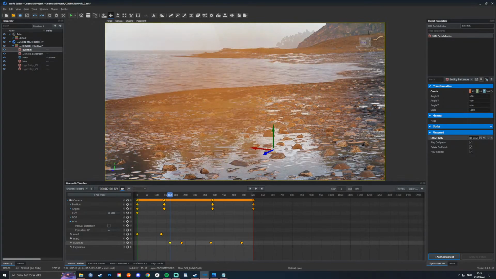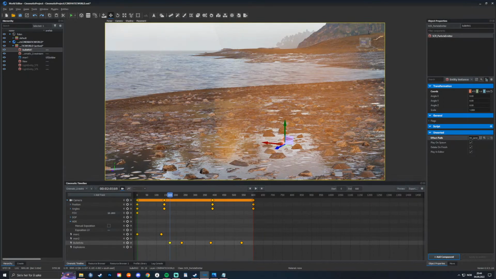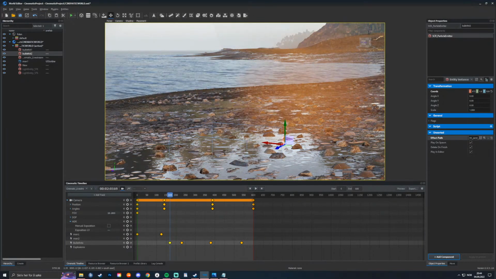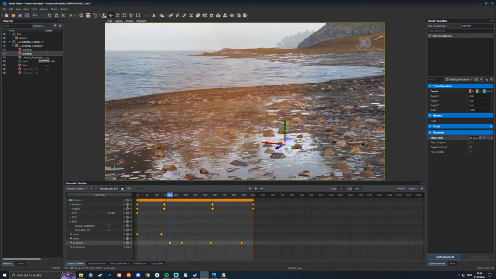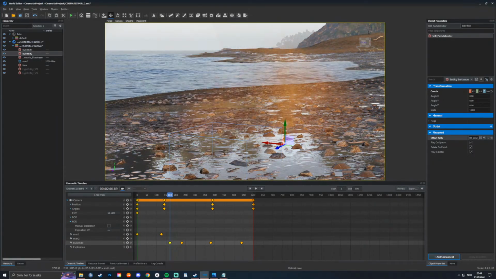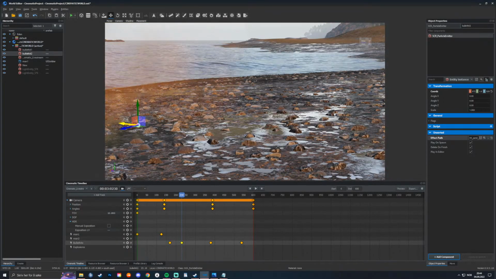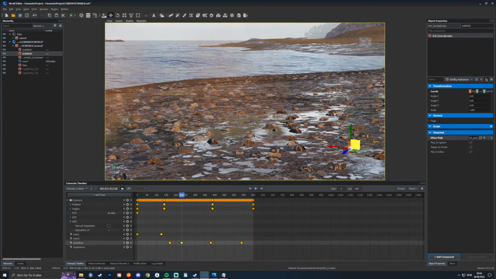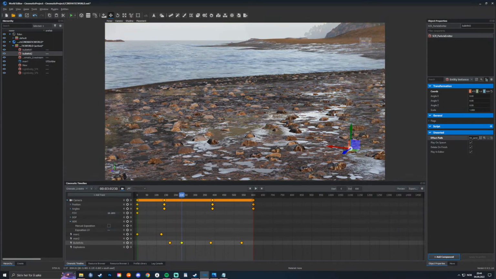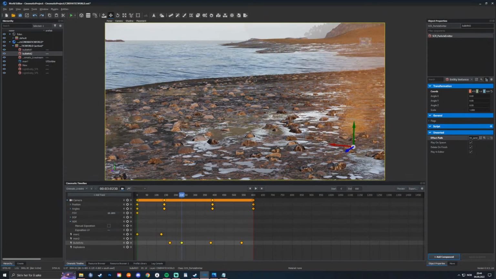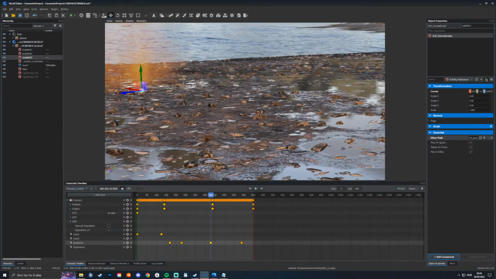We are gonna duplicate it. So now it automatically renames it to bullet hit 2, which is a great thing. I don't have to go and name everything when I copy it. I'm gonna move to the next keyframe. I'm gonna place this thing here, so it's also a little bit in the face. We're gonna copy this one. It's gonna generate bullet hit 3. We're gonna move this to this keyframe,